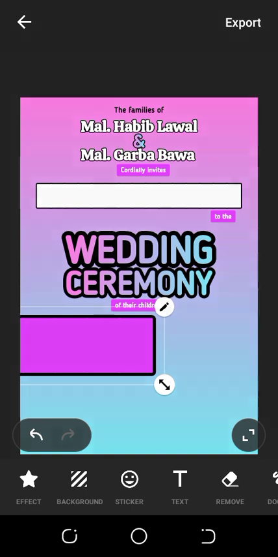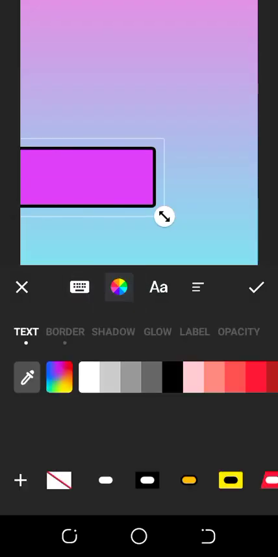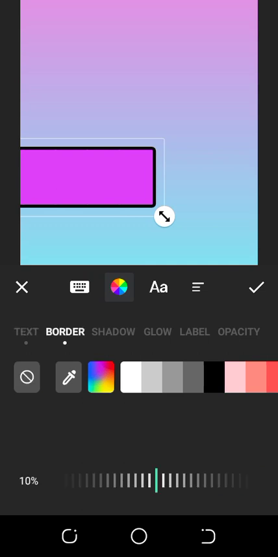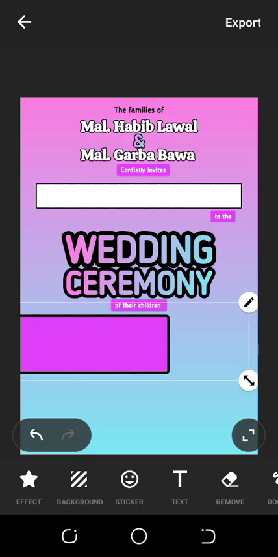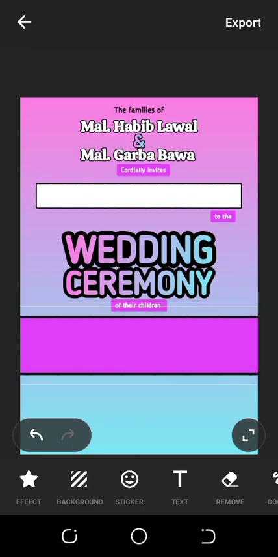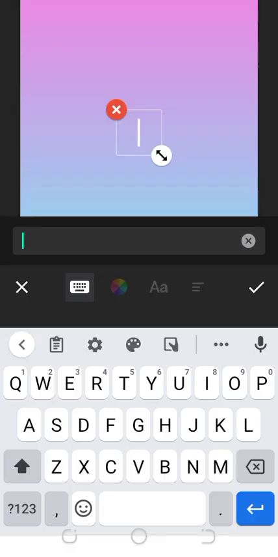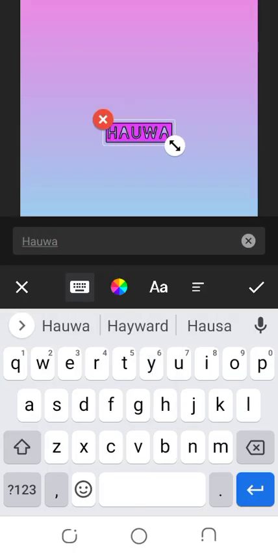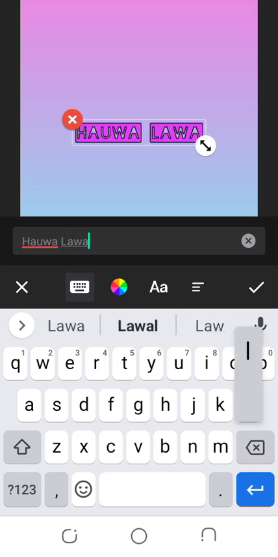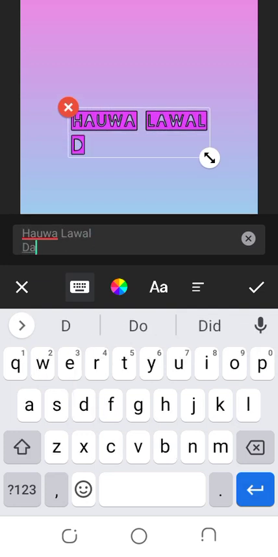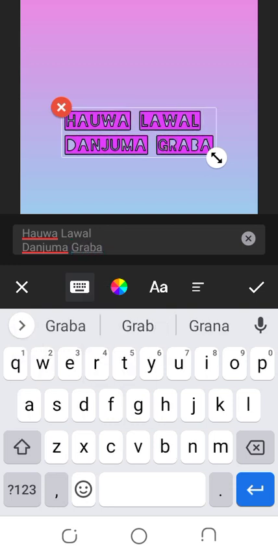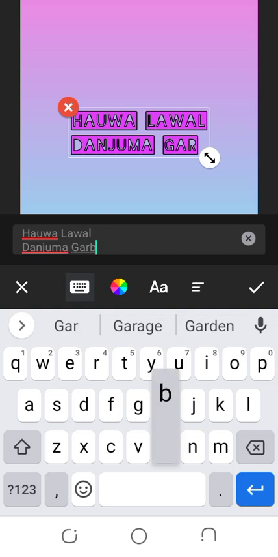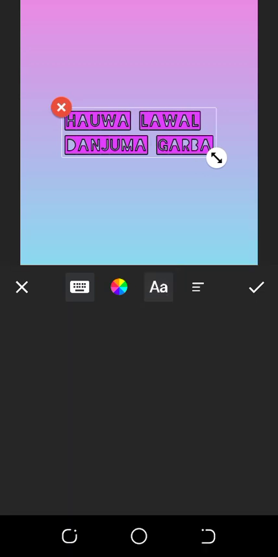I will draw it. I'll click on it. Click on border. This border, reduce it to 3. Good. Then I'll click on my text and say Hawalawal, and then Danjuma, Garuba. So I'll click on this font and then